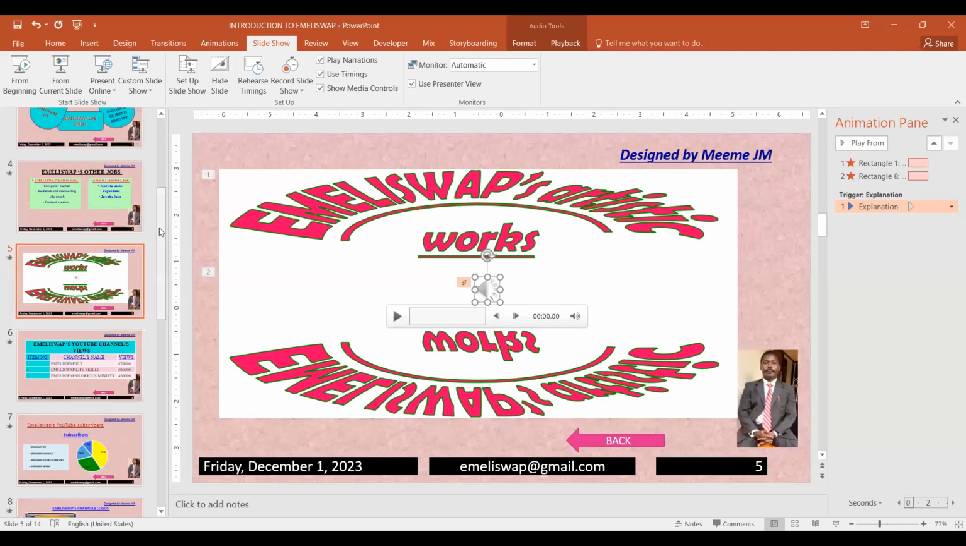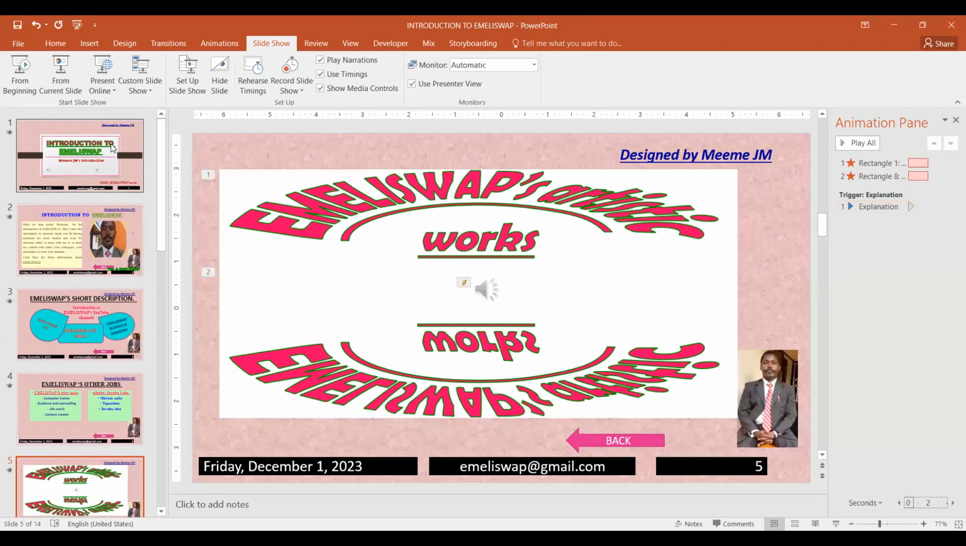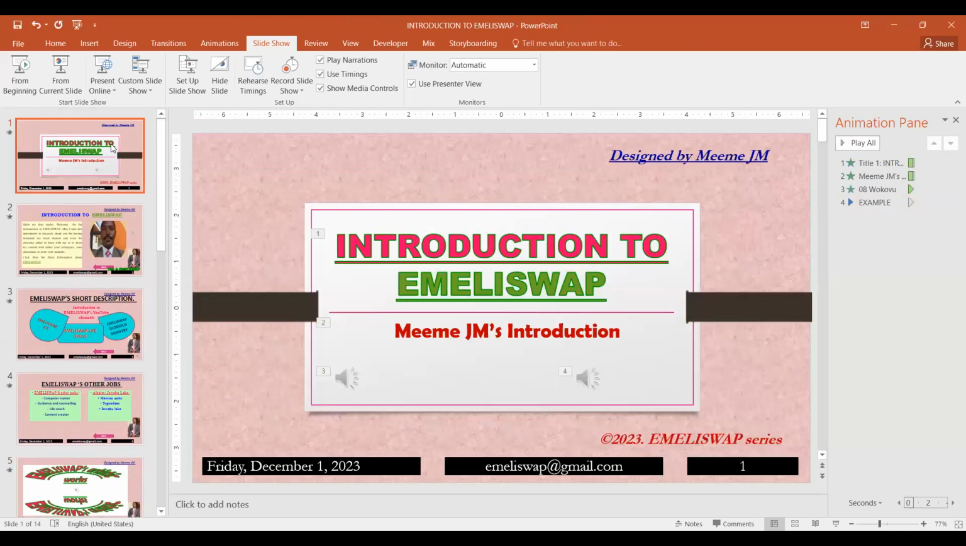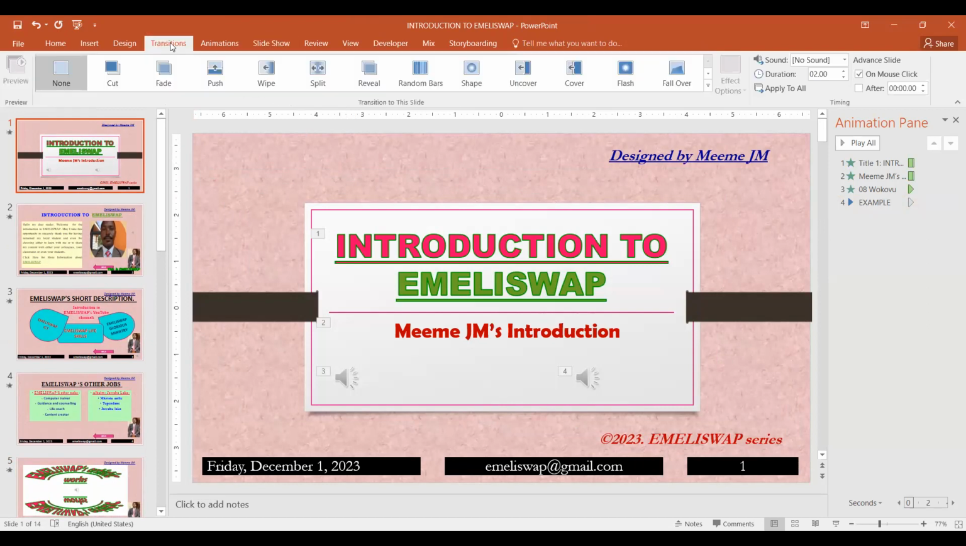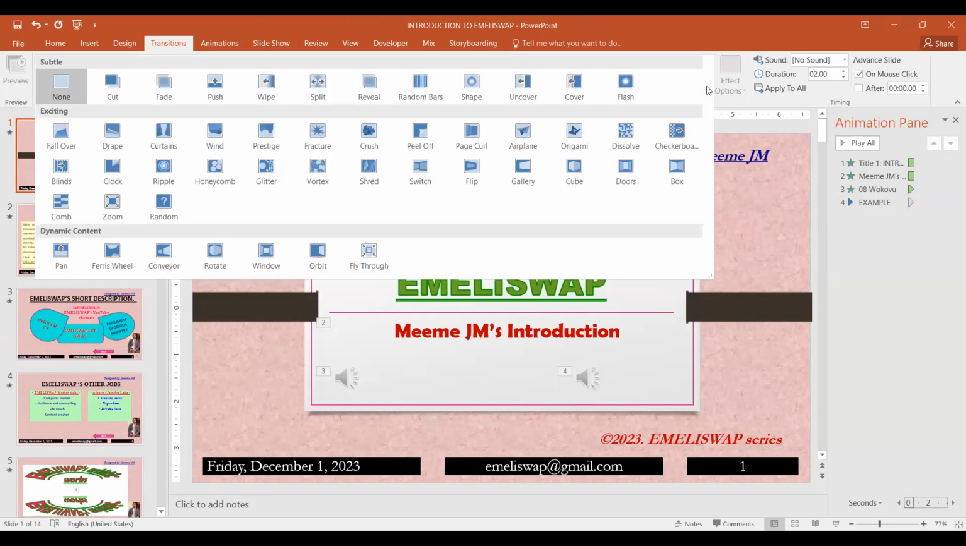So, like in this presentation, if I click, for example, on slide number 1, and I want to add some transition that will apply to all my slides, I can click on the Transitions menu, and then under Transitions, I can choose the transition of my choice. For example, let me click on this button here for more transitions, and then I can choose, for example, the one for